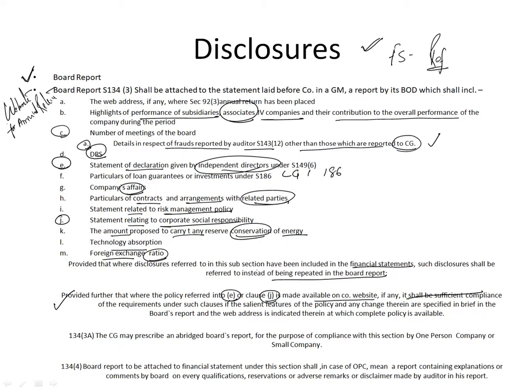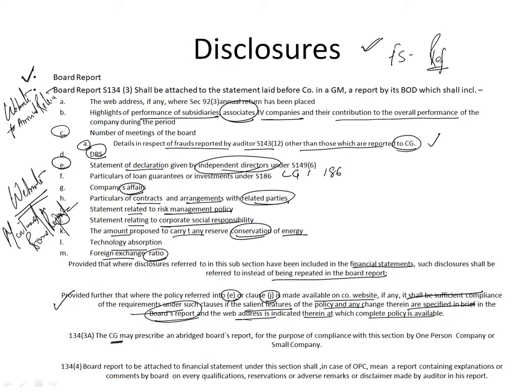it shall be sufficient compliance with the requirement under such clause if the salient features of the policy and changes therein are specified in brief in the board report, and the web address is indicated where the complete policy is available. So the company can provide the link to the website, along with any changes that are required to be mentioned in the board report, and such changes are available on the website with complete details. So the reference is also required to be given. Now,